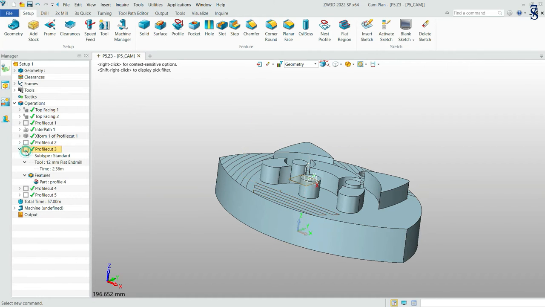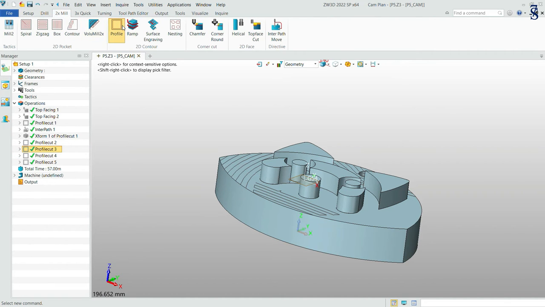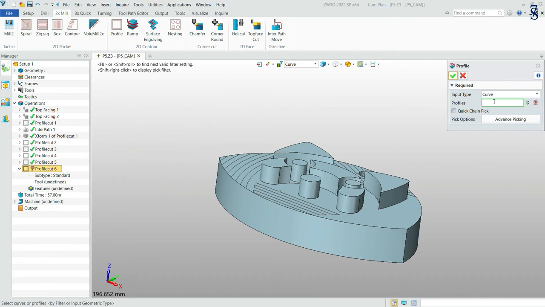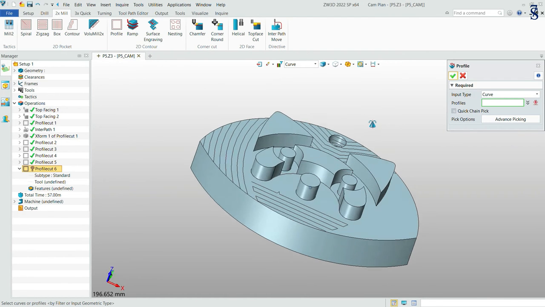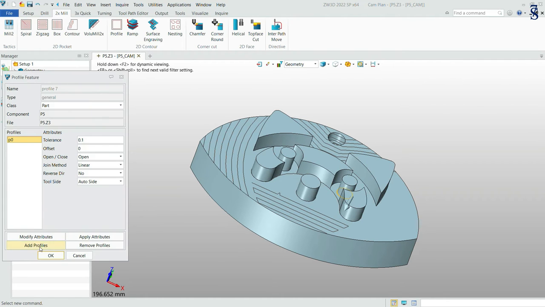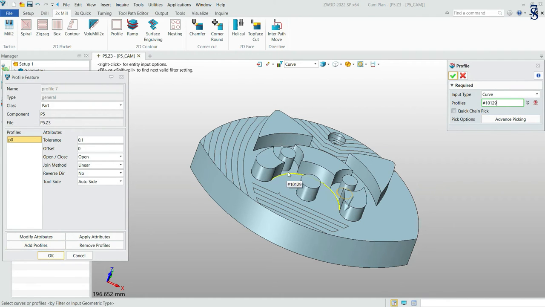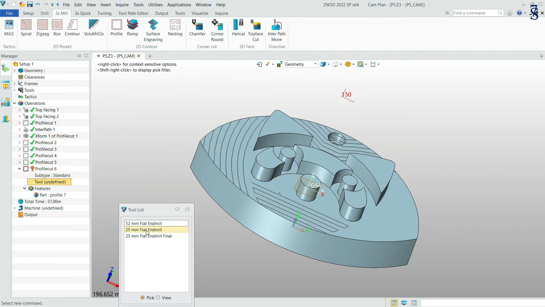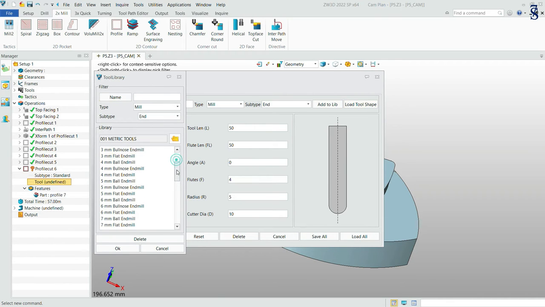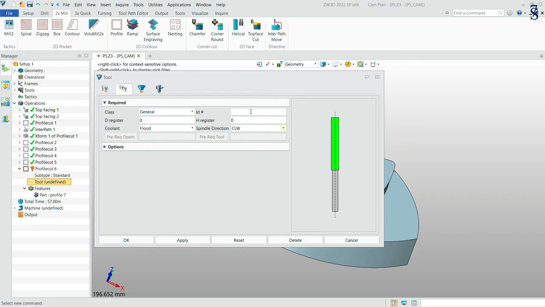First, we double click the previous operation, collapse it. Do axis mill, profile, create, profile, OK. To tilt the part a little bit, select this one, OK. Add profile, another one, OK, OK. Manage, load tool shape. We need to select a 5 mm flat end mill, OK. Tool number 4,